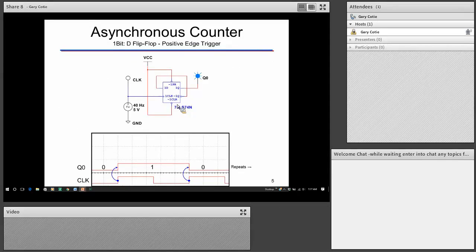Here's one of our basic building elements, and this shouldn't be new to the students. They should be able to look at this and say, hey, look, Q not is tied into D. Every time there is a rising edge on the clock here, this is a rising edge clock,